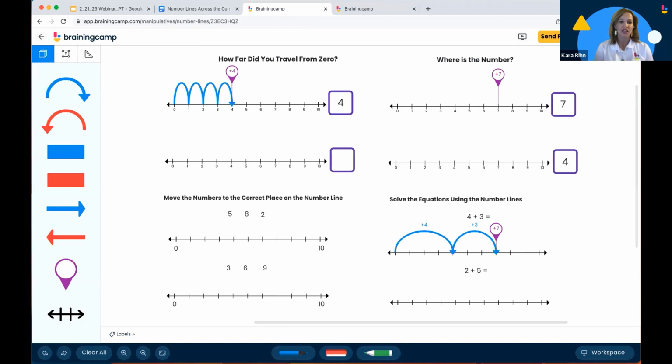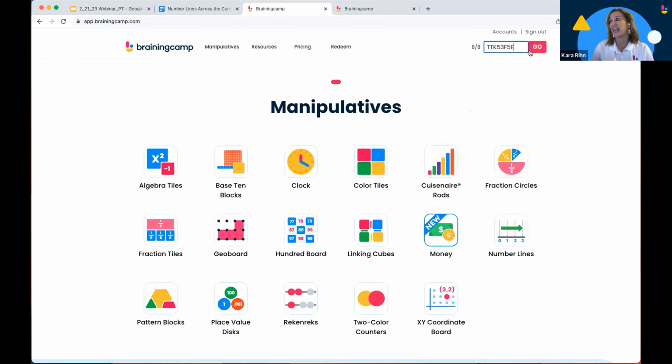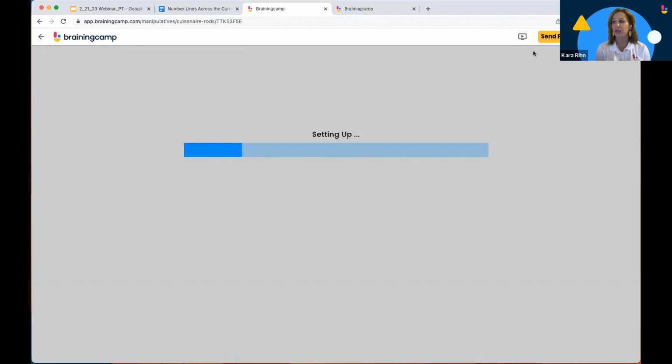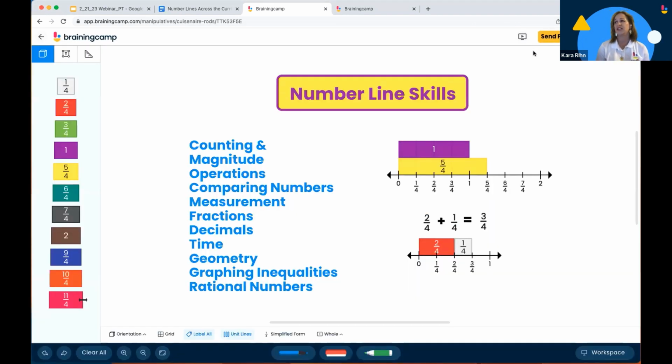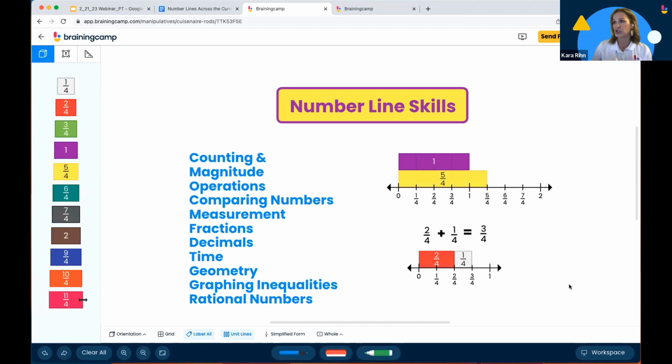your classroom. So there's so many concepts to cover in a number line. We looked at them, right? The second, third, fourth, fifth, sixth, seventh, and eighth grade. We want to look at, but I also wanted to show you, I can create anchor charts with this. So if I'm talking about the number line skills that we're going to be using, this is the Cuisenaire rods. And again, all I did was go to the fraction workspace,